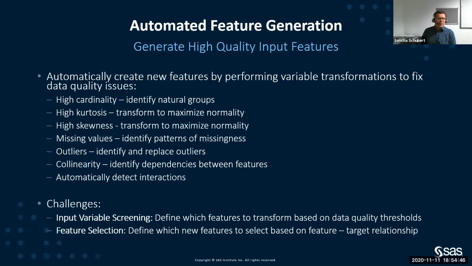And all these other things: statistical parameters, high kurtosis and skewness, outliers. You can apply automated algorithms that might be based, on the one hand, on policies. So a policy might be, okay, I have a distribution here, give me the percentiles or the quartiles, and then group my data by those boundaries in my distribution. Or I might look at a more automated, intelligent way of fixing those issues. As I said, looking at the relationship to the target, looking at the best optimal transformation.